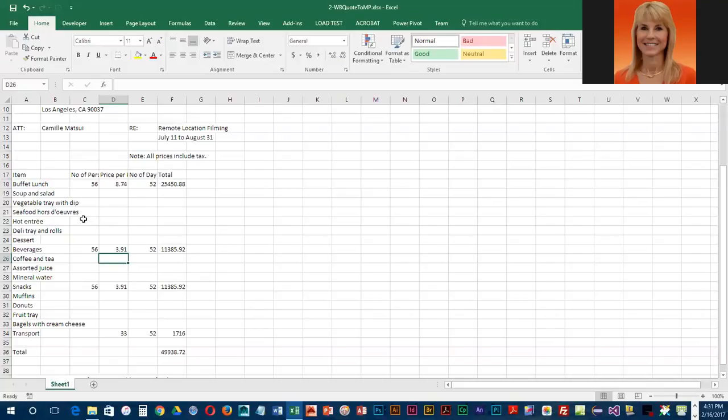Now we're going to make A20 our active cell. And they would like us to actually copy this. Now, most of you are familiar with copy and paste, but they want us to use a drag method of copying. So we're going to position on a border. Once you get the four-headed arrow, you're going to press the Control key, keep that pushed down, still pointing at the border. We're going to left drag down to A33, and then we will release,